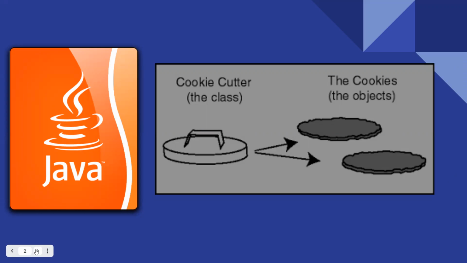In simple terms, if you consider the cookie cutter, the handle and the metal of the cookie cutter are parameters attached to the cookie cutter. Whereas if you see the cookies, the type of food and the type of ingredients placed inside the cookies are the parameters attached to the cookies level. Correlating the same with classes and objects, some variables will be attached to the class level, and some variables will be attached to the objects level.